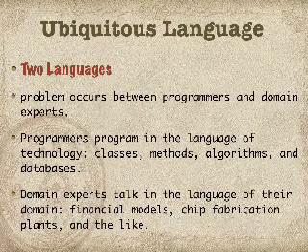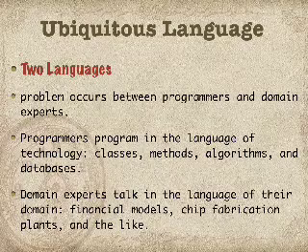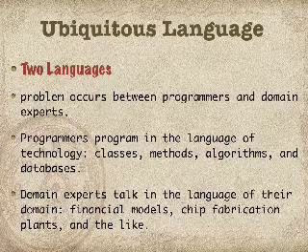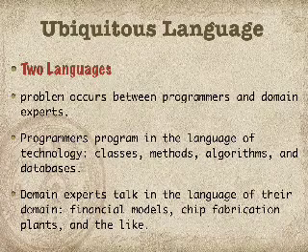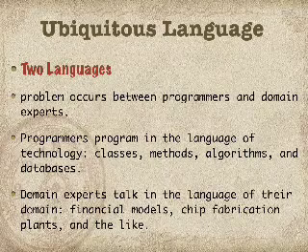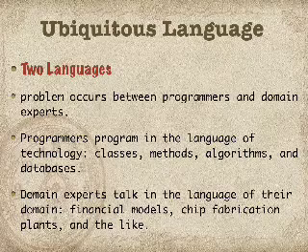Now, how do we overcome this challenge? The main idea is that programmers need to adapt to listening and explaining things in the language of the domain experts, because they are our customers. We need to understand them and empathize with them. Only then will we be able to develop what they actually need. And the customer or the domain expert should be able to give as much information as possible about their domain, so that the programmers can get completely involved in their environment to comprehend what they actually need.